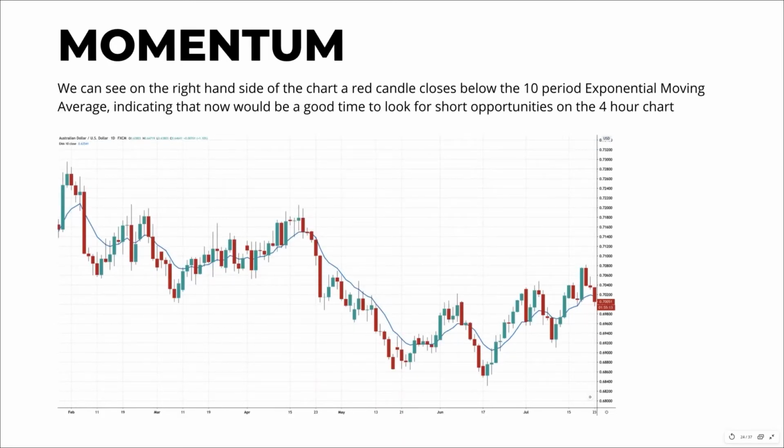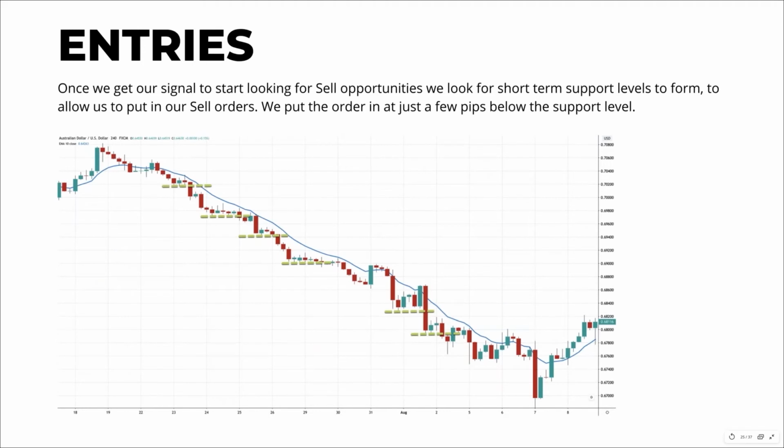We can see on the right-hand side of the chart here that the candle closes below the 10-period exponential moving average, indicating that now would be a great time to look for short opportunities on the 4-hour chart. We jump down to the 4-hour charts, and everywhere I've highlighted in green, we've had the momentum. The market's trading beneath the 10-period moving average,